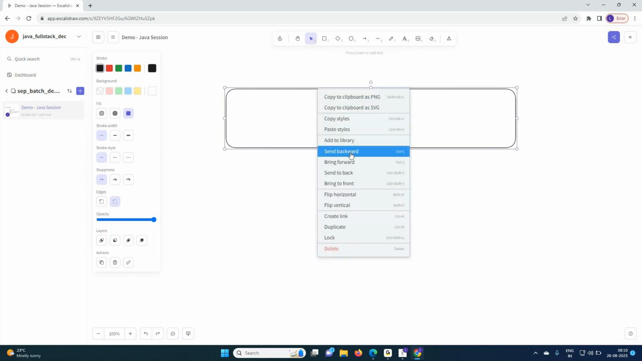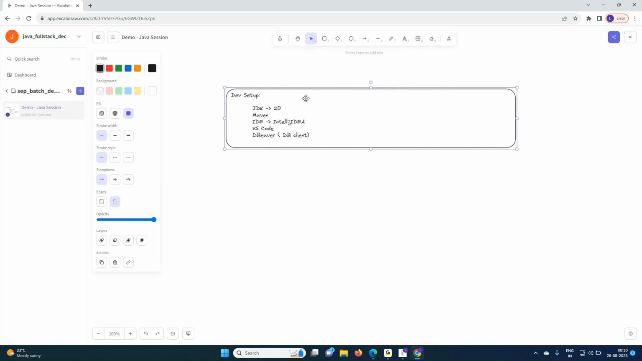Yeah, let me send it back. So these are the main things required here: JDK, Maven, and an IDE, that is IntelliJ IDE, VS Code, and a DB viewer, a DB client, we require here. Once you are done with the dev environment setup, then we would start with